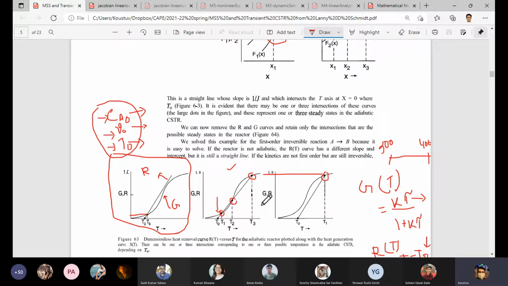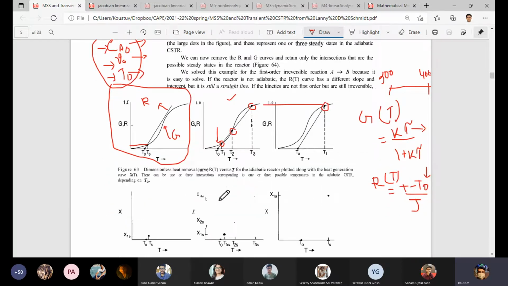So this occurrence was more or less clear to us, that it may cut at one point or at three points. If it cuts at three points, then not all the steady states are stable. We discussed in terms of graphical solutions, by moving around the curve a little bit, in the vicinity of the steady state values, increasing or decreasing the temperature. So graphical analysis was done based on the movement along the curves, and we found that some steady states are stable, some steady states are unstable.